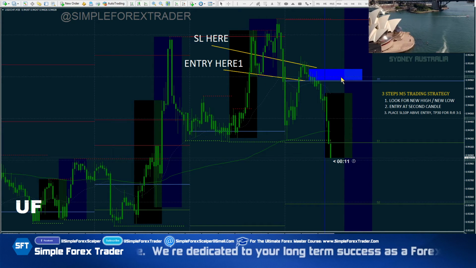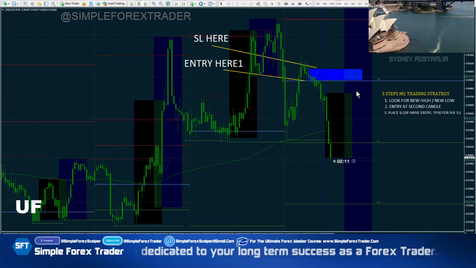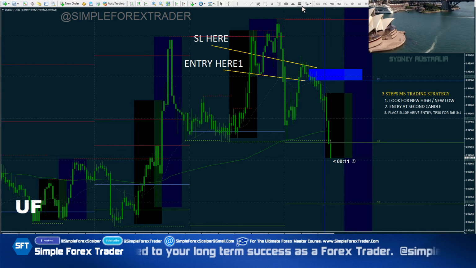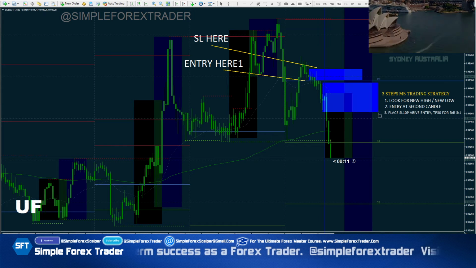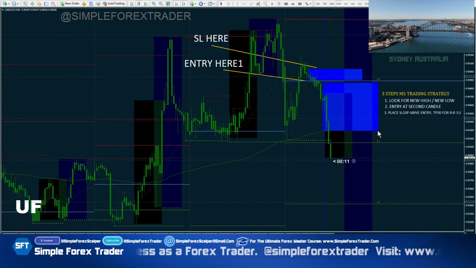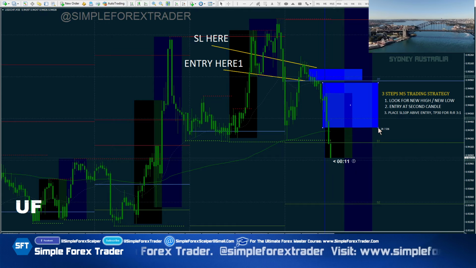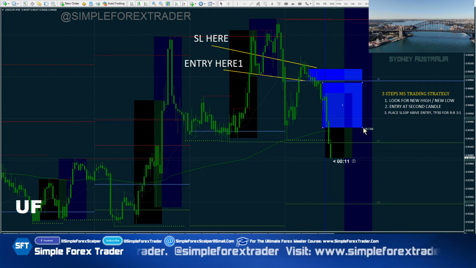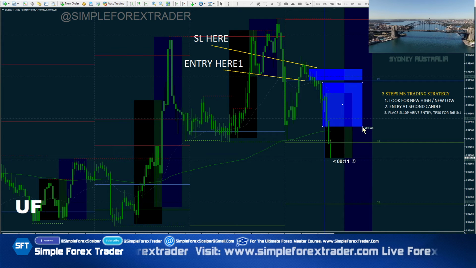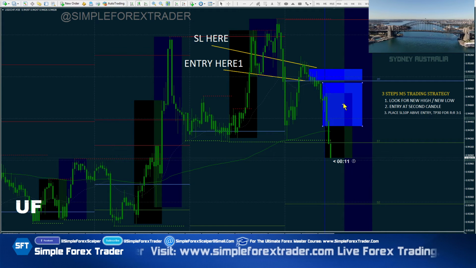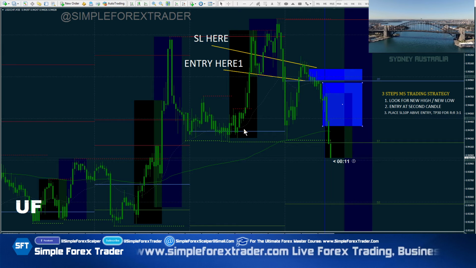All right, and then we've got our take profit here. We actually enter this trade right here for 50 pips. So we start, 50 pips. About there. Yep, about there. Let's make that bright red so you can see